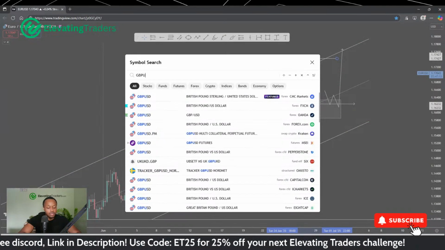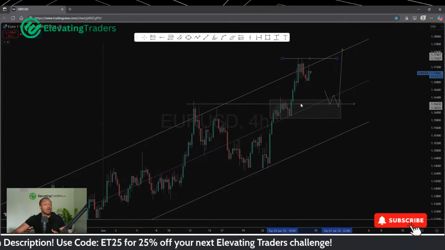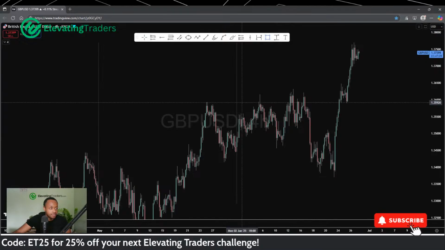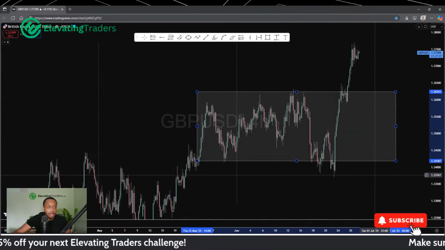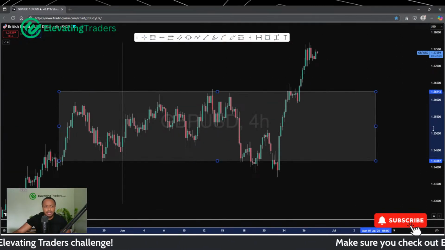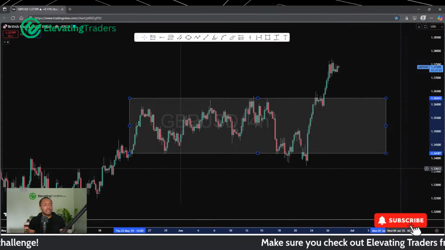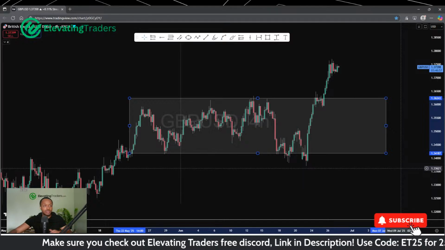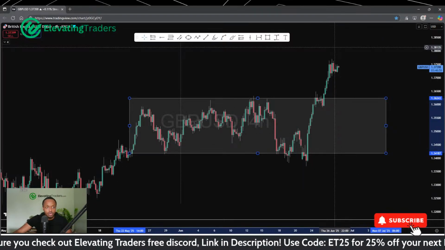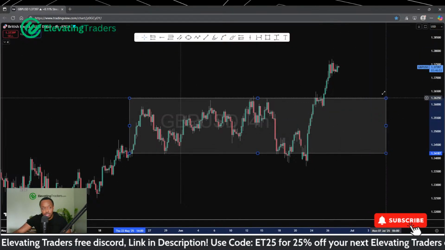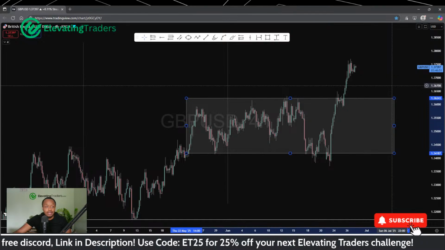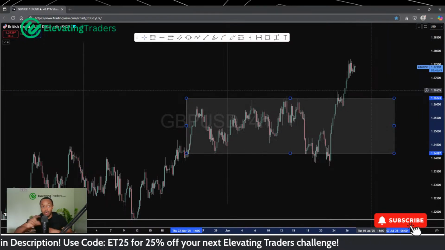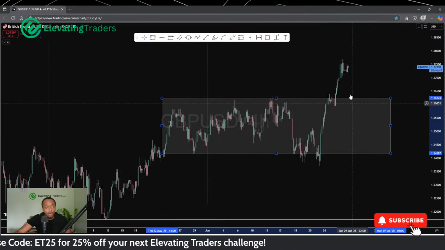In terms of pound USD, I think same situation as well. We've had a big consolidation. Price, of course, cleared that to the upside. In fact, pound USD looks a little bit healthier than euro. I like the momentum here with pounds. We've had a very flat range, which of course price has broken to the upside with quite a big push. So the way I see it, the market is very bullish here. We've kind of broken out of that range with somewhat of a healthy breakout.